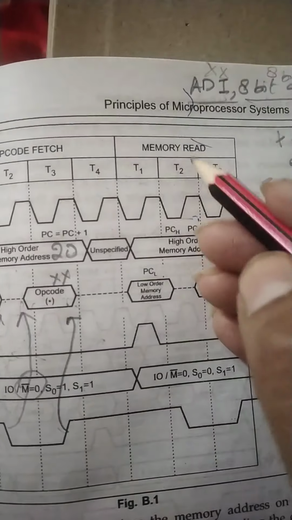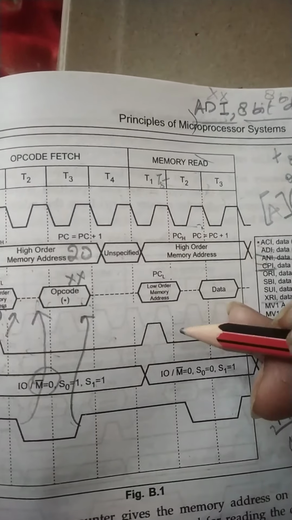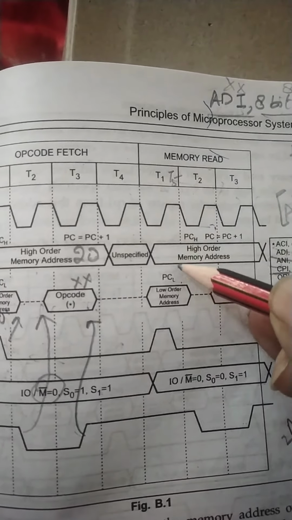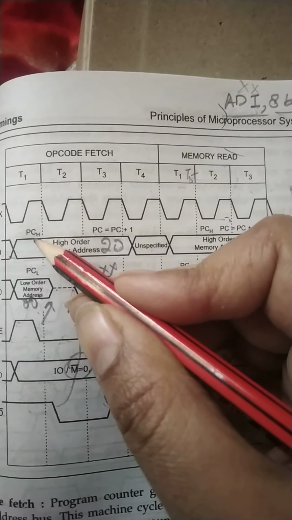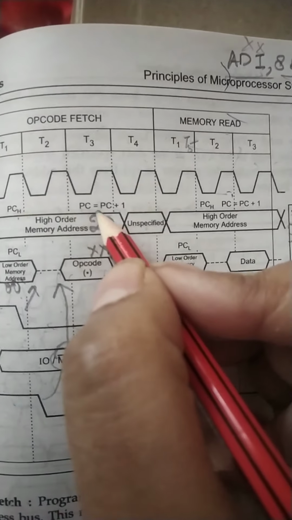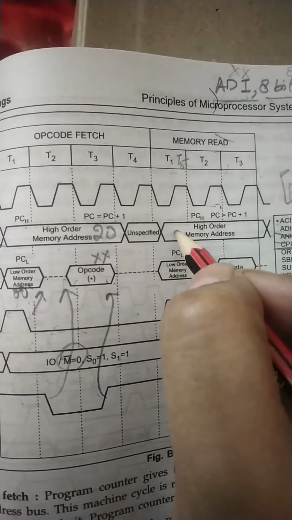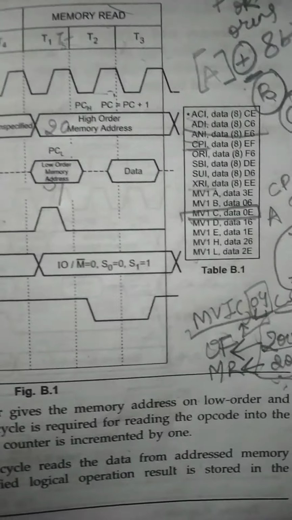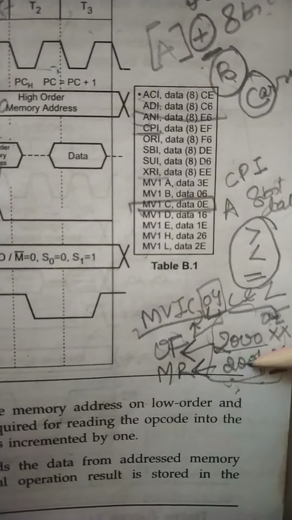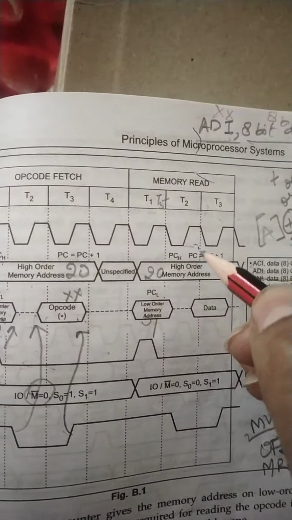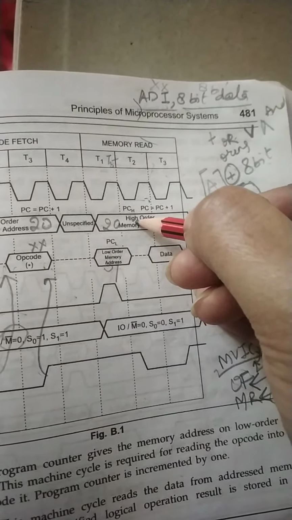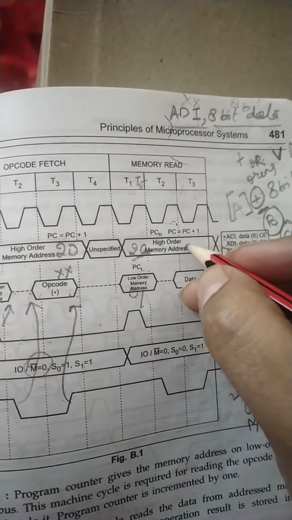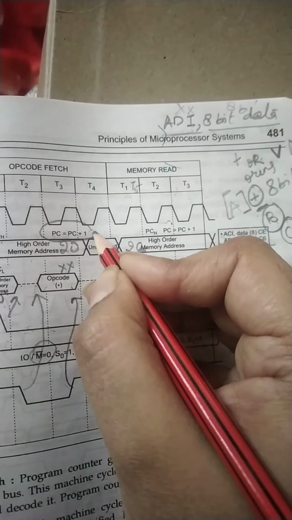Then memory read will start. Now basically it is the T5 cycle. We have a total of 7 T states. At the time of T5, we are going to write here PCH, so we have 2001. Now we are turning on the memory read machine cycle, so it is focusing on the next memory location, that is 2001.